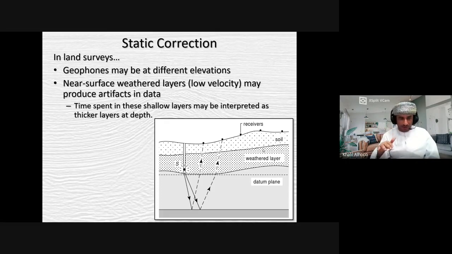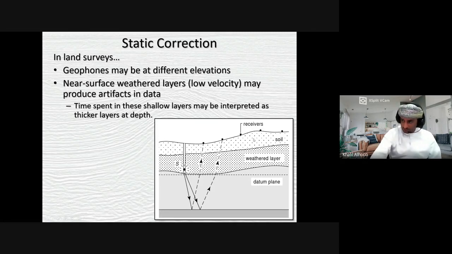I need to bring almost all the shots and receivers to the same datum. That's what we call static correction. That's what you need to understand for the time being, what static correction is, without going into the details. So this is a real shot, but how do they correct them? As I said, you need to know